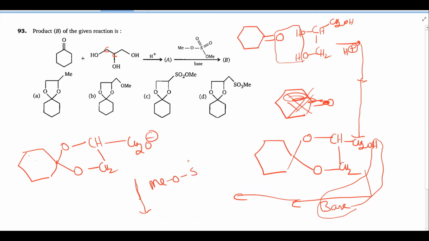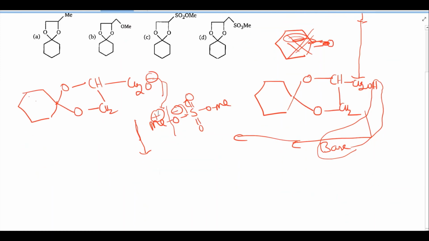Again this reacts with one more thing: MeO, S double bond O, S double bond O, OMe. Here you can see there will be a good leaving group, like a negative charge. This is negative and it is positive, so this is stable, which is undergoing resonance. After that, this O minus combines with this Me. So what is the product of this one?